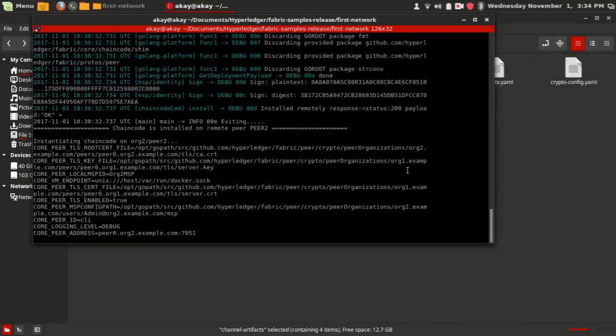So you may face an error, or you might be in a situation in which you are waiting at this position, where we are trying to instantiate the chain code on peer 2, but it's waiting for a long time. This might occur because we have started the script multiple times. I mean that before starting the script we have to bring down the network that is already running. So to solve this problem,